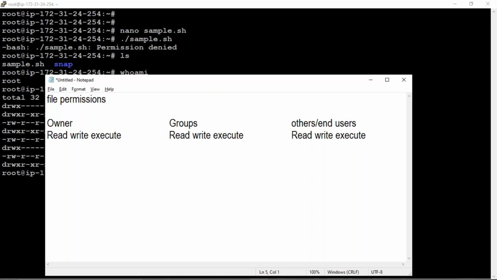Do you know what the permission values are?